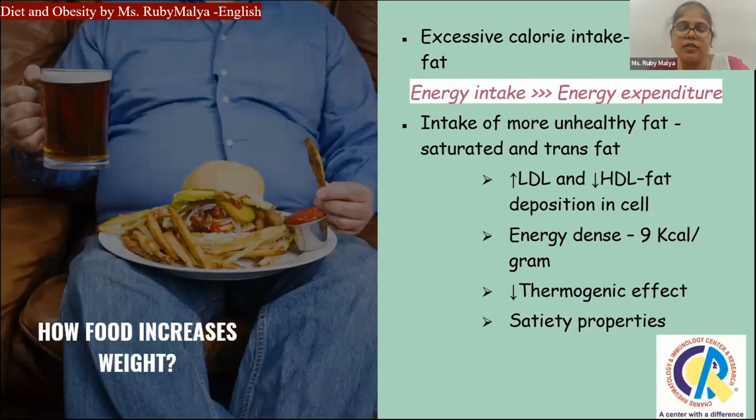Usually when you eat, the food is broken down and it is converted into energy. This energy is used by our body to do a physical activity. So for example, if a person is earning 10,000 and he is spending 10,000 for his daily expenses, it means there is an equal balance between the earning and the expenditure. If a person is earning around 15,000 and he is spending around only 10,000, the excess 5,000 he will be